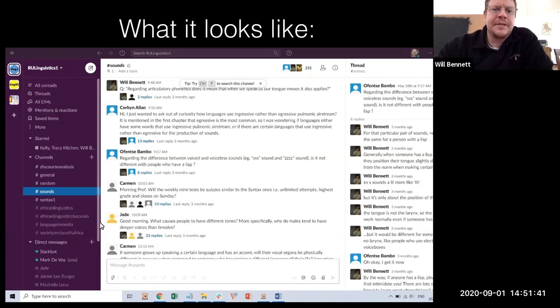So this center pane in the view that you see on my screen is back and forth questions with various students. There's one called Corbin, there's one called Carmen, and so forth. And then this other pane off to the right is drilling down into one of those particular conversations. So you can make replies to individual posts that get structured together.